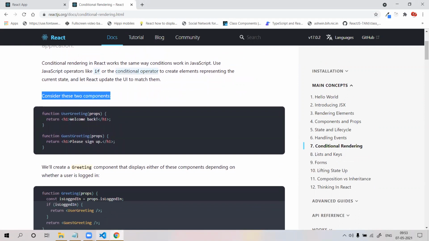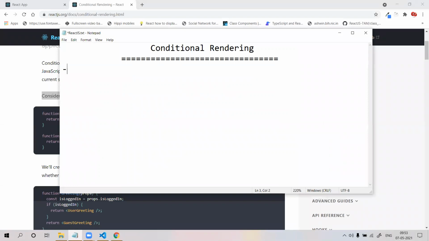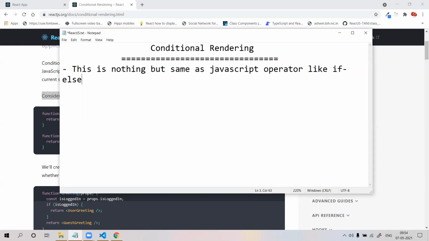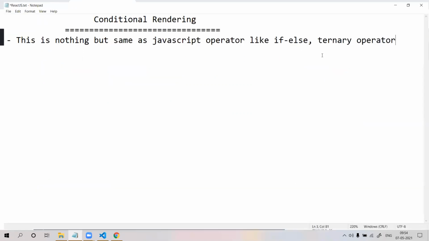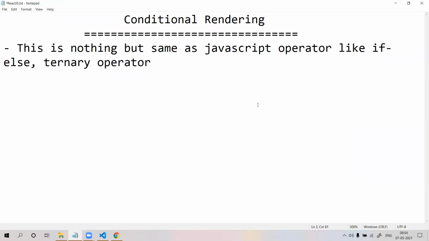I can write a note here. This is the same as JavaScript operators like if else, ternary operator, or so on.